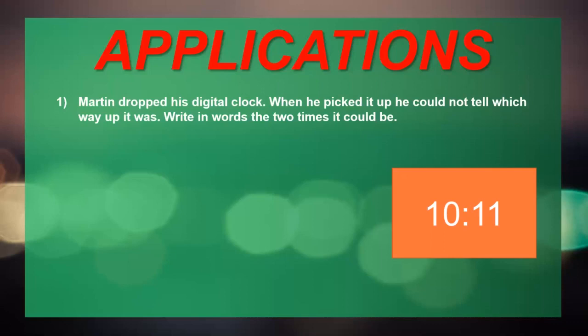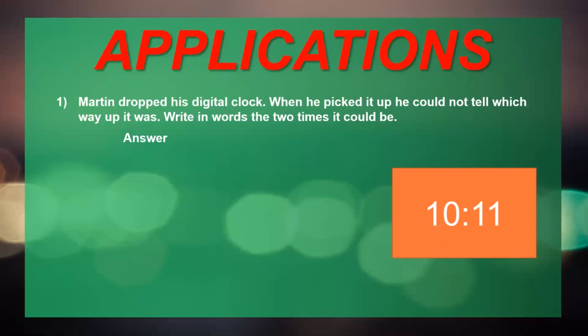So the thing is, there is a possibility of telling the time in two different ways because you don't know the exact position of the clock right now. That's why the two possible outcomes came here. So how can you read the time shown in the digital clock right now? You can read it from right to left or else from left to right. If you turn the digital clock, it will be showing another time. So how will you answer the question? There are two possibilities.